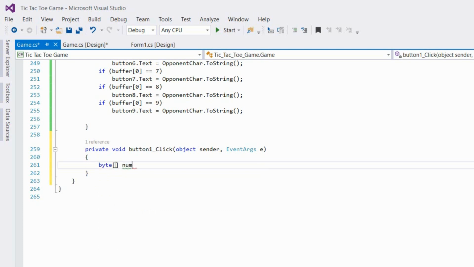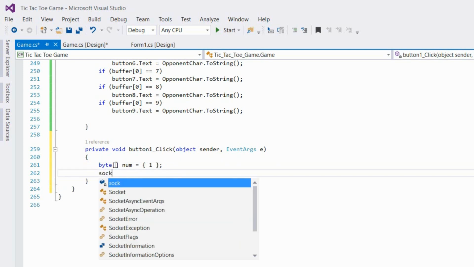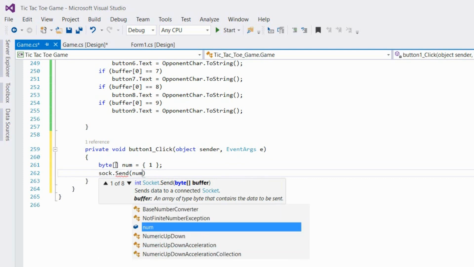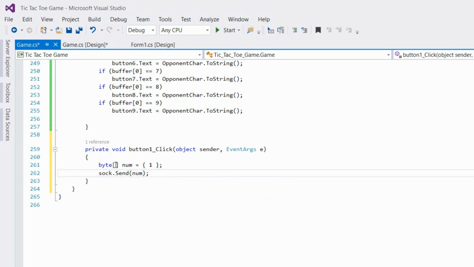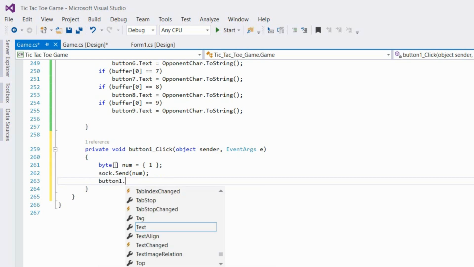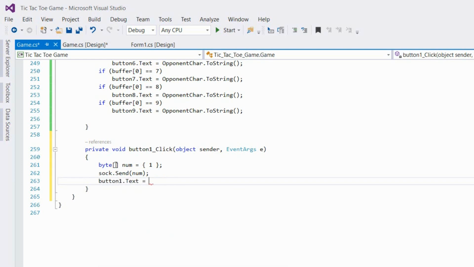I'm gonna call it num, which indicates the number of the spot that we selected, is equal to 1 in curly braces, then sock.Send, and then num, send our array, then button1.Text is equal to playerCharacter.ToString. So basically we're gonna fill this button with our